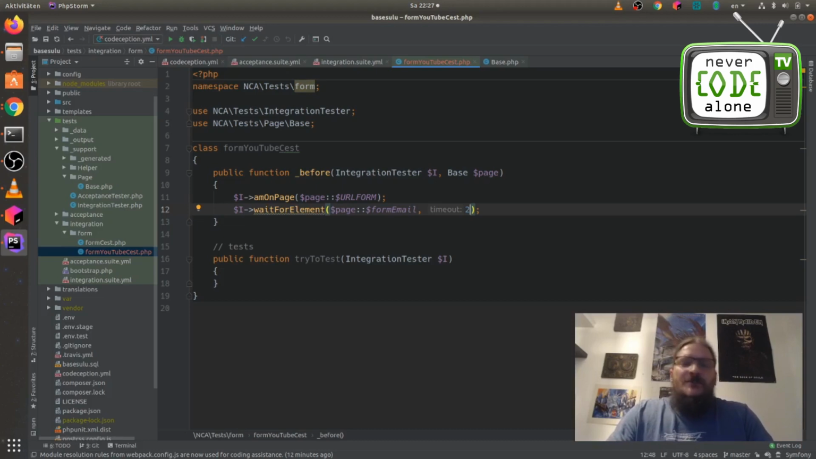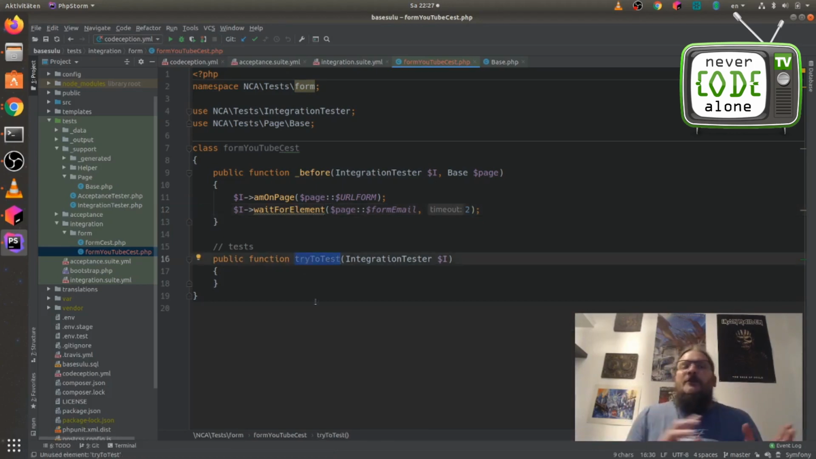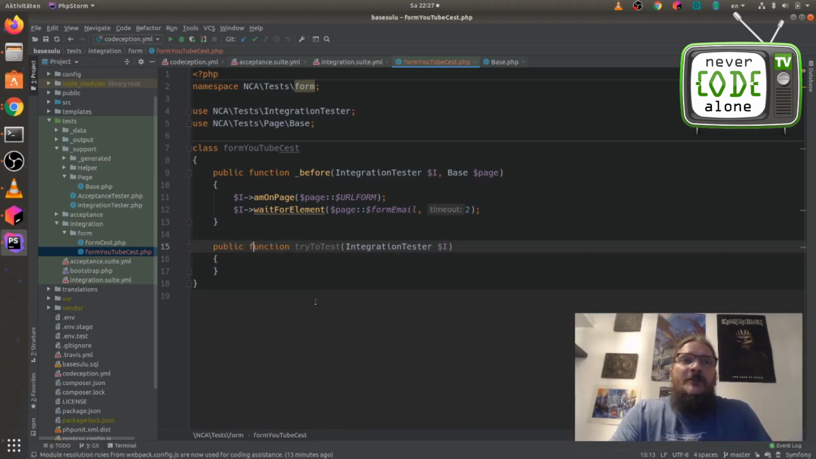Okay, so we have now here our before setup. This will run every time before a public function. All public functions here are tests. You don't have to write tests in the beginning or on the end or on any annotations or something like this. I just say here